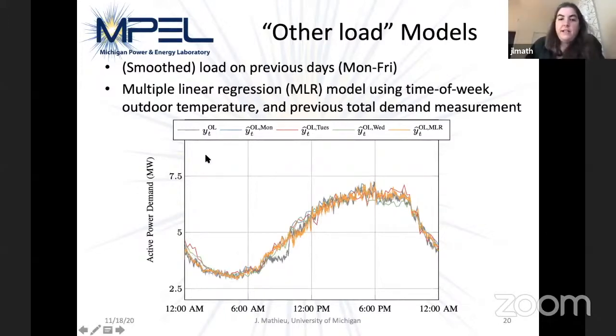So you can see here, the other load on a particular day is the black line. That's what we're trying to match. And each of these different models in color shows how well that model predicts on that day. And they're actually not too bad. Because again, since we're looking at aggregate load, a lot of the ups and downs sort of cancel each other out, right? It's such a large load, on the scale of megawatts. So it's actually reasonable to use historical data for prediction.